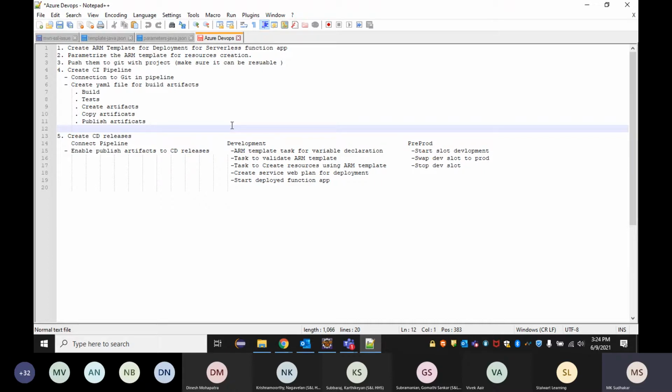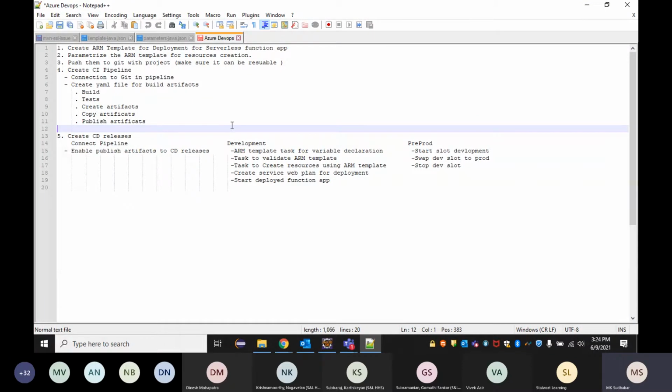And then once we have the development ready with unit testing done completely with no issues, and the build has been deployed successfully, then pre-prod automatically starts with a minimum approval, and then it goes to the prod. That's how it goes.